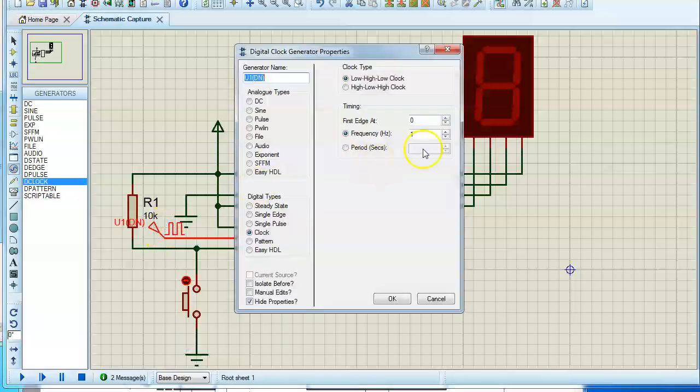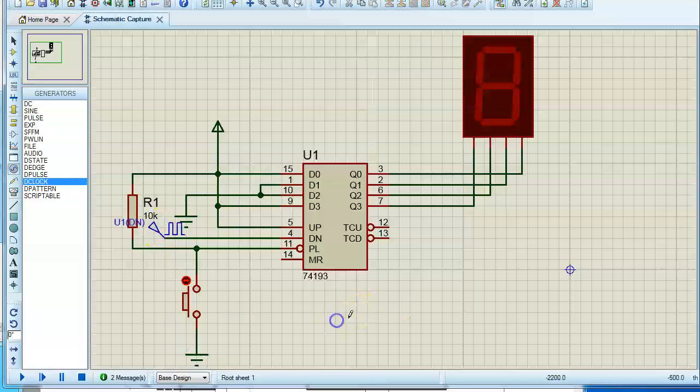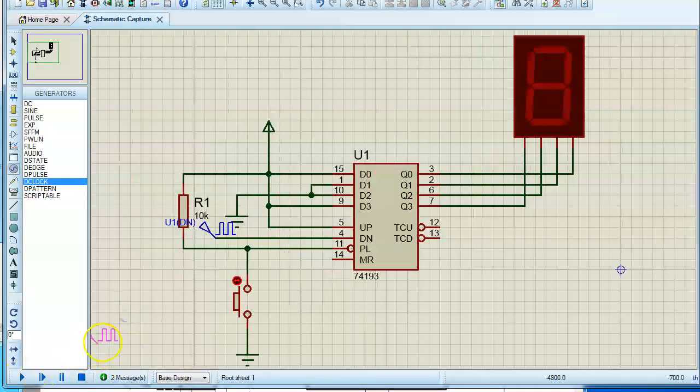I think by default it will be 1 hertz, 1 second, so we will retain the same. And we have done a very basic setup which can start the counting from 9 and then it repeats. It will roll over again, it will count all 16 states. So let us check this circuit first, just by hitting the run button.